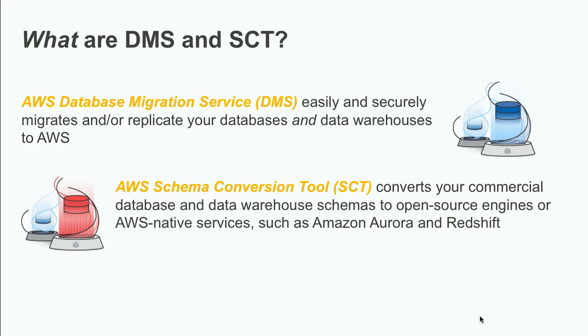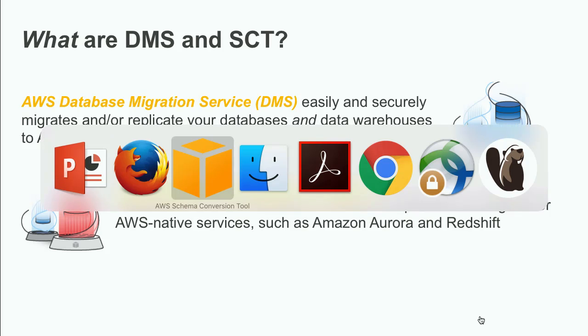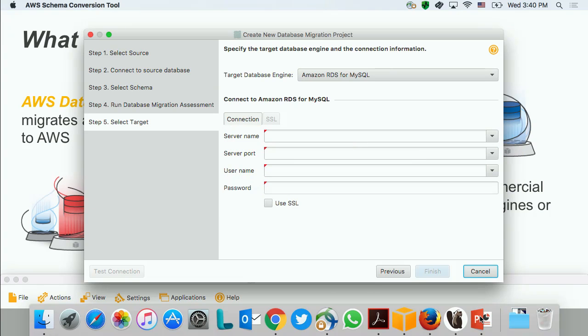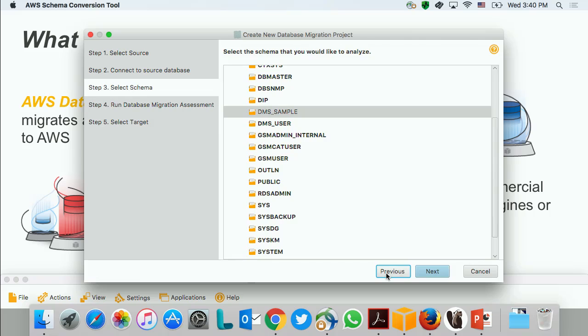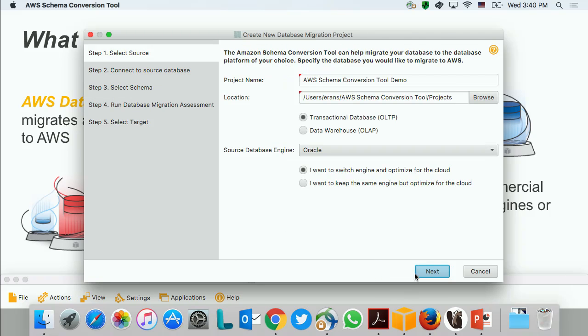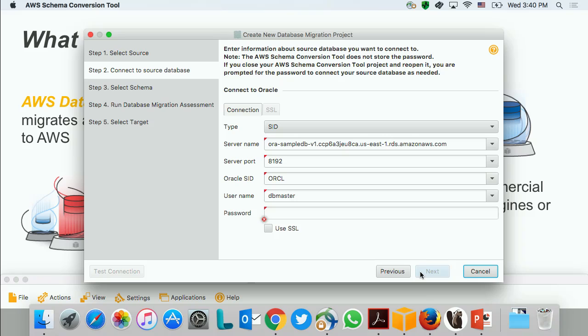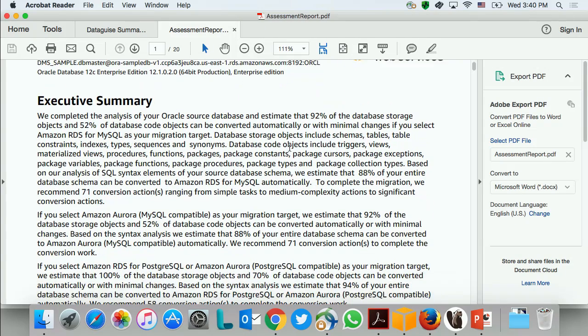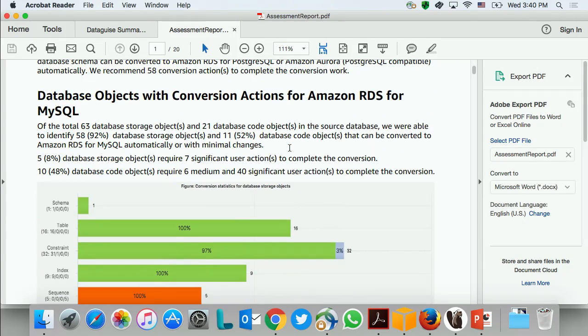I want to show you an example of what I'm talking about. First of all, this is the schema conversion tool. Simply, you select a source, you connect to the source, and you run the analysis. The analysis is this one, okay? So the analysis basically analyzes the schema, in this case an Oracle, and it gives you